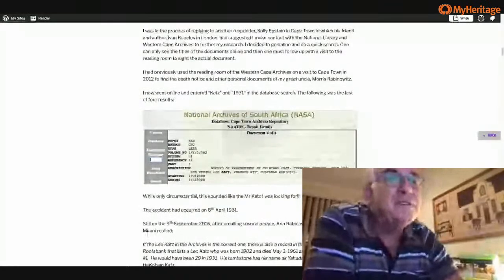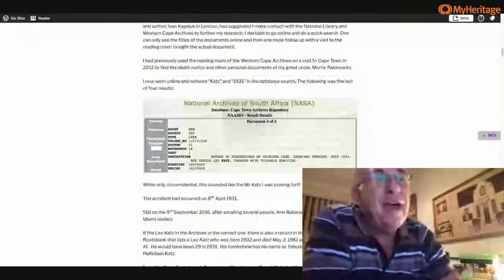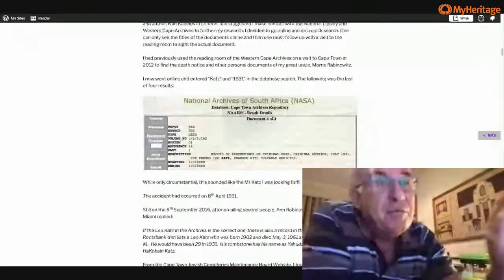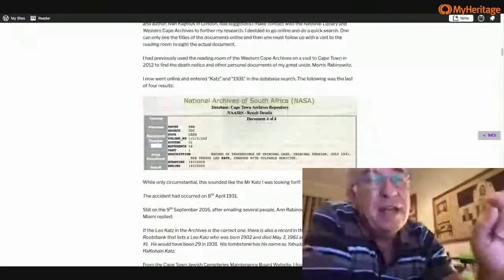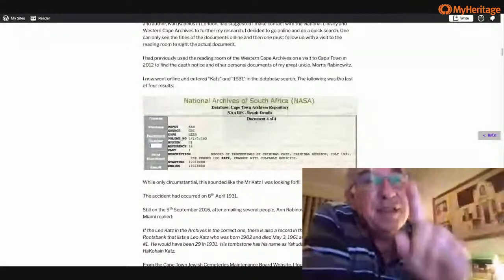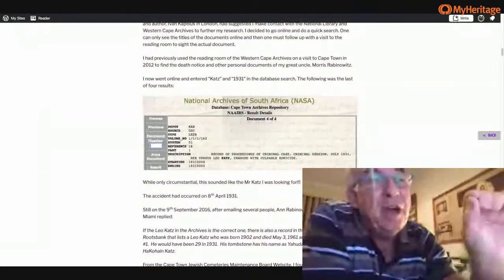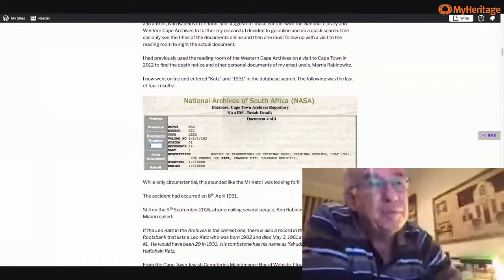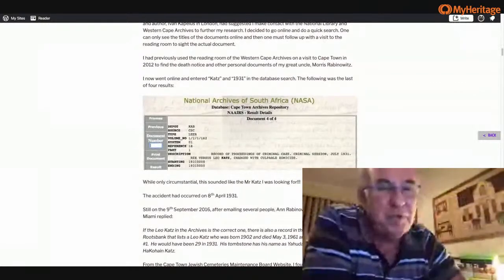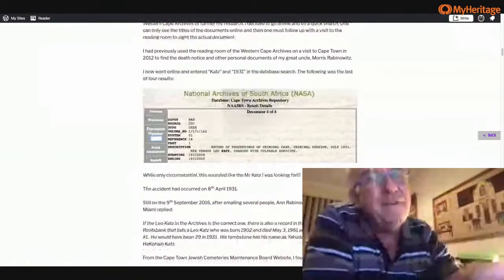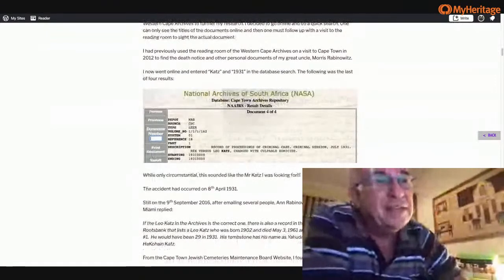And in the archives in Roeland Street I found the record of proceedings of criminal session July 1931, because I didn't even know when the date was, right? Rex versus Leo Katz, charged with culpable homicide. And it's a very bittersweet story here, because while we found out what the essence of the accident was, we